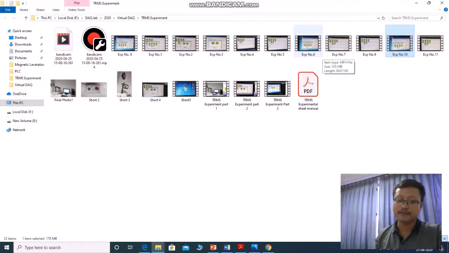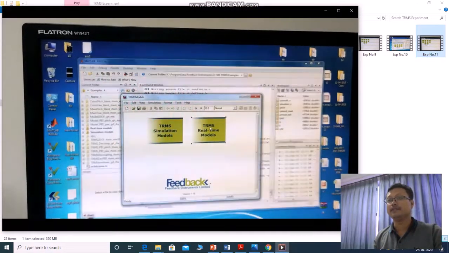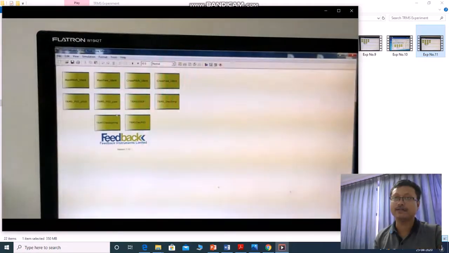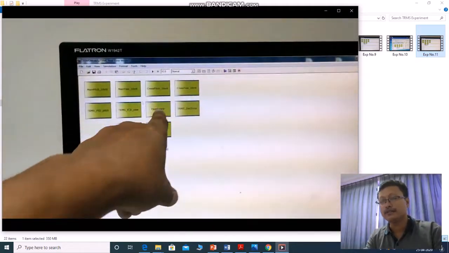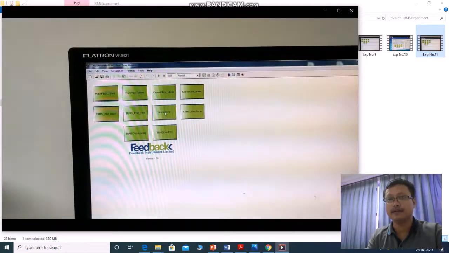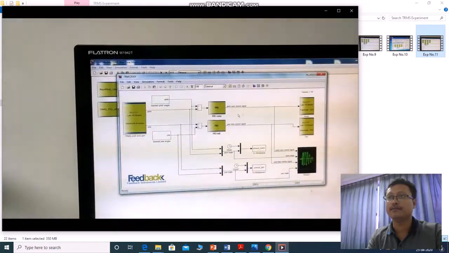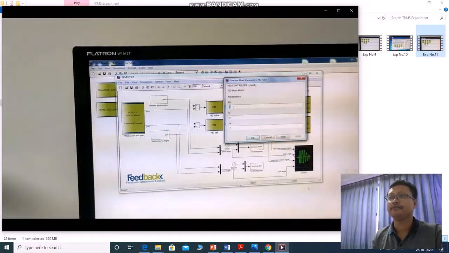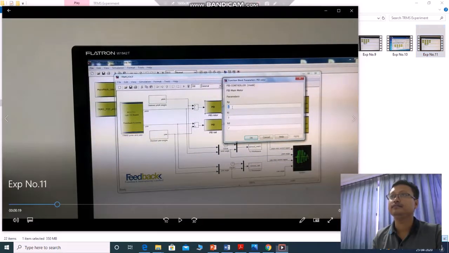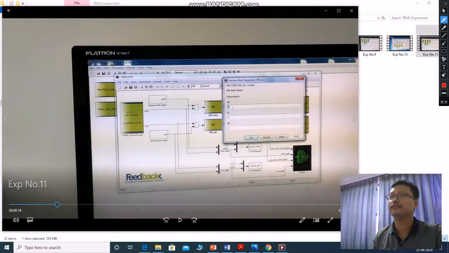That is experiment number 10. In experiment number 10 we put the same values that we used in simulation, but in your case, while you are doing the experiment in the lab, you need to check whether the trajectory is followed by your particular KP, KI, KD values. If it is followed, then you put the KP, KI, KD values here. So this is the KP, KI or KD.